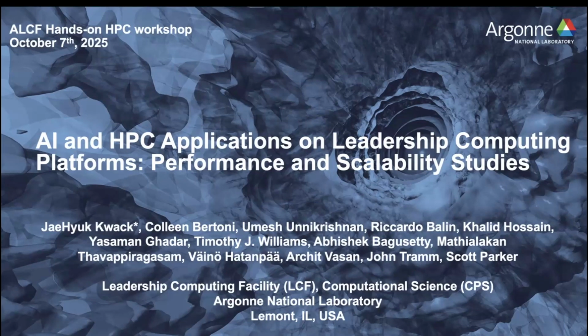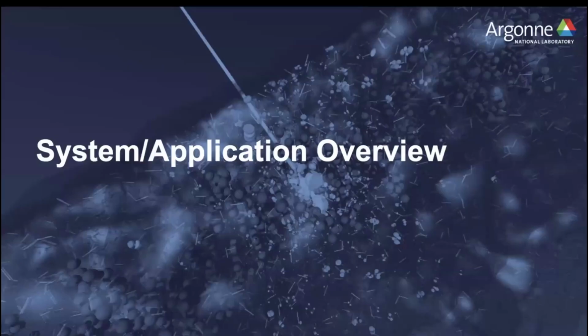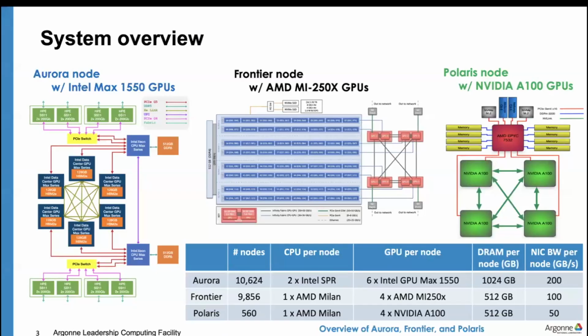Okay, I'm going to talk about systems and application overview. First of all, systems. We use three different systems. We have Aurora, an exascale system. Frontier, another exascale system managed by OLCF, which has AMD GPUs. Aurora has the Intel GPUs. And the third one is Polaris, which is another petascale system, which has